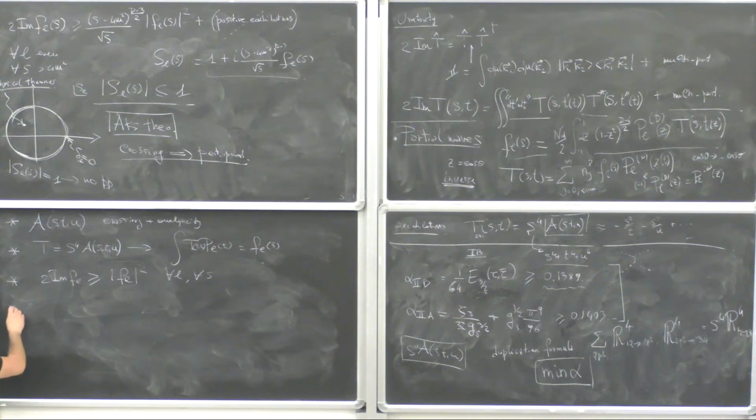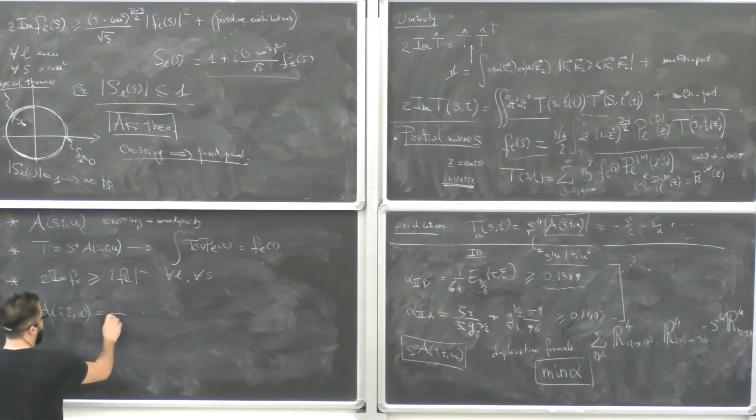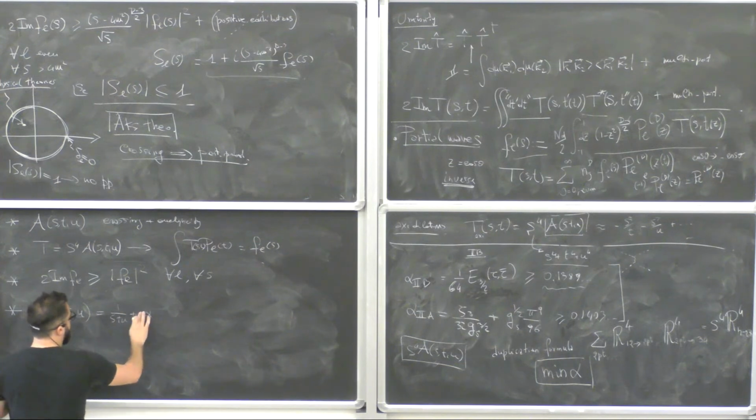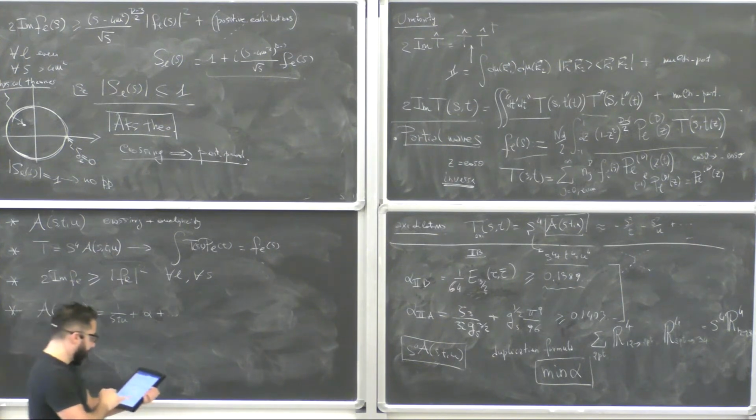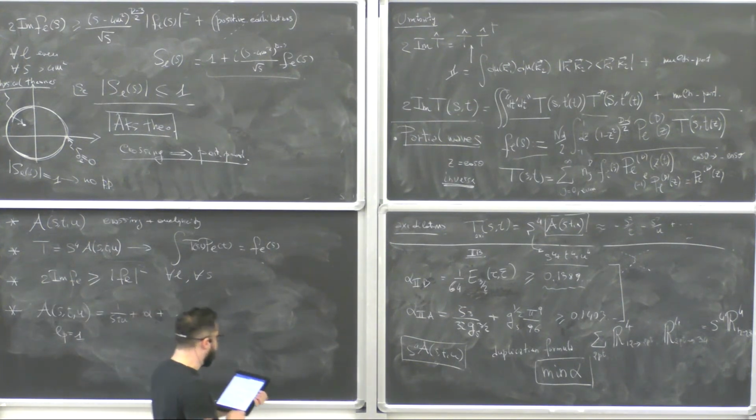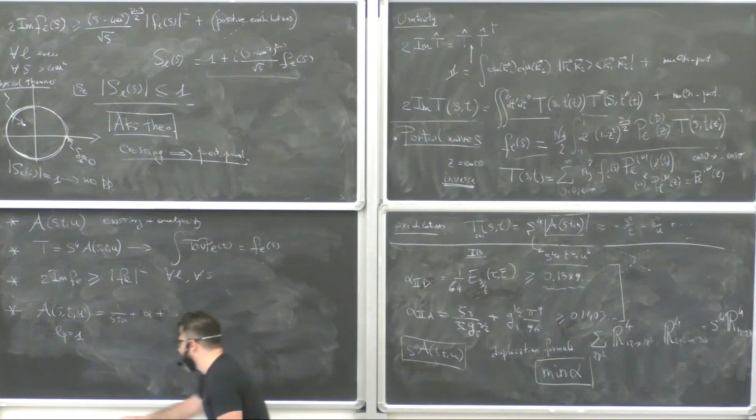And then the last thing that we impose, of course, is that this function A of S and T, which is a generic function, when we expand it for small s, for instance, it will behave like 1 over S squared plus alpha, where here I set, to do the numerics, L Planck equals 1, plus dot dot dot. And in the dot dot dots, there is all the UV completion. Right? So this is what we do. This is an optimization problem. And the result that we get is, well,